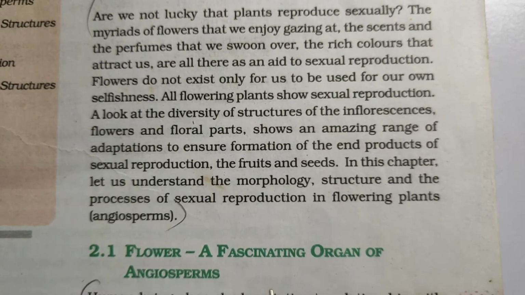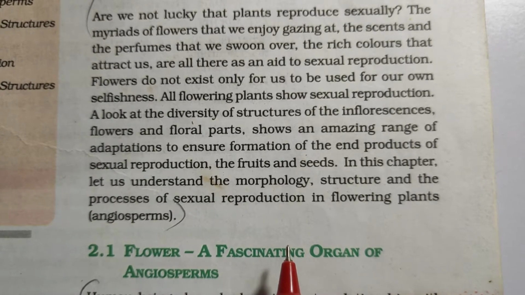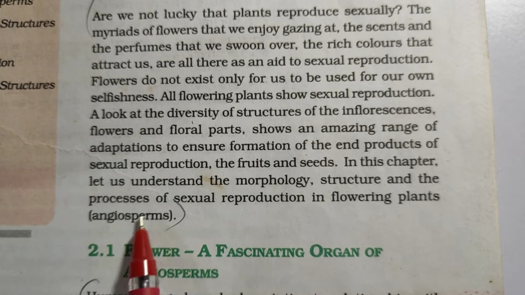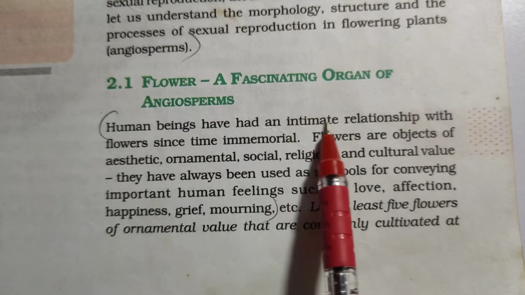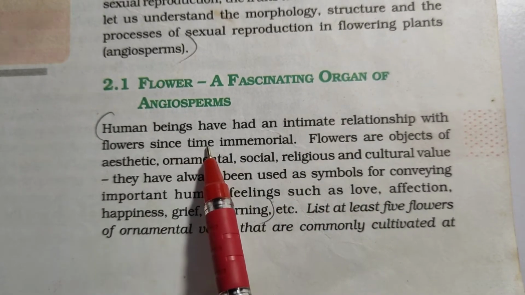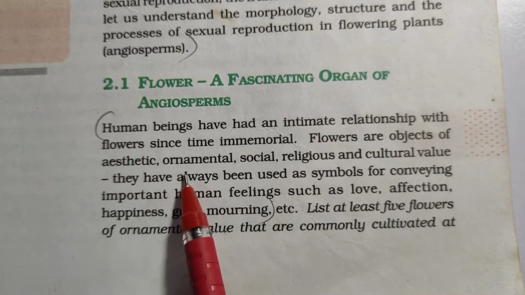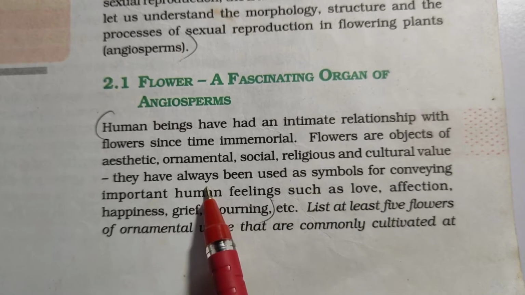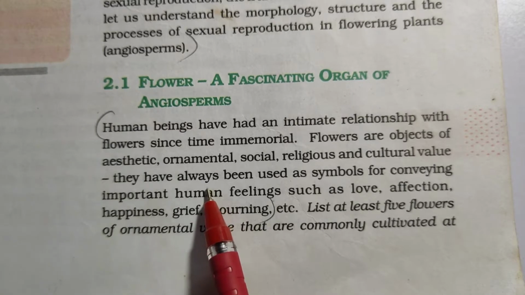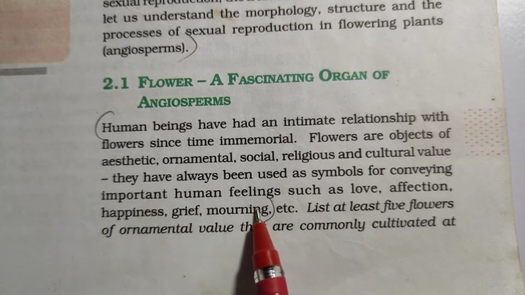So in this chapter we'll be understanding the morphology and structures of the androecium and gynoecium. They are the sexual reproduction structures we are going to understand in these flowering plants. Human beings have had an intimate relationship with flowers for a very long time. It might be due to the aesthetic, ornamental, social, religious and cultural values they have. We use flowers as symbols of conveying important human feelings such as love, affection, happiness, grief